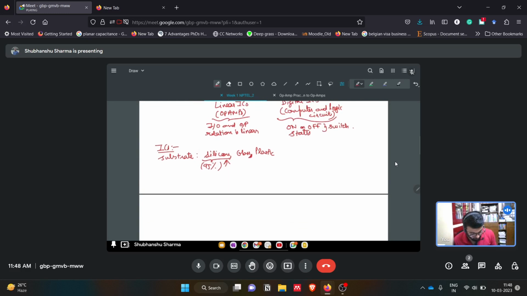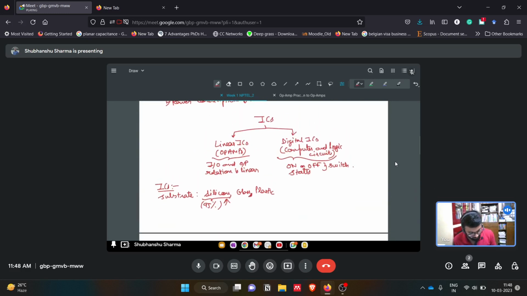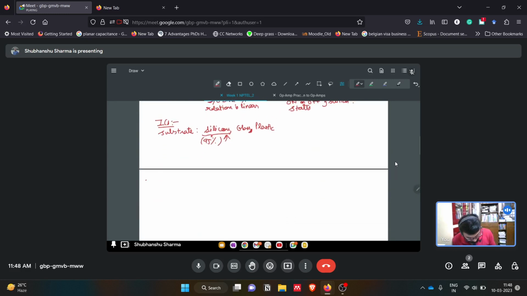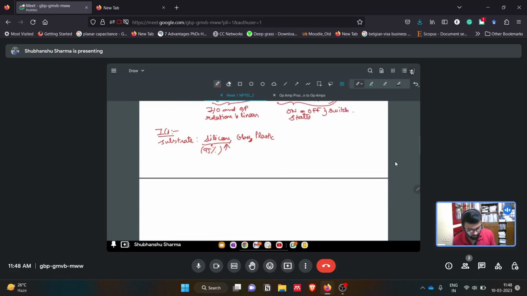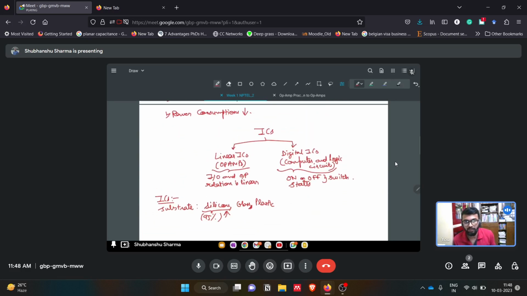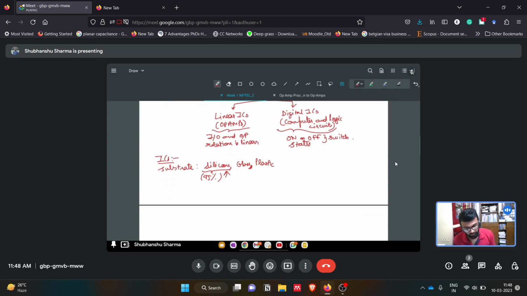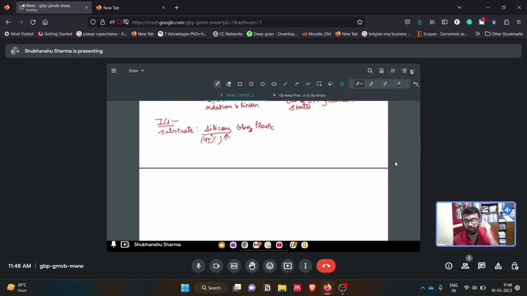Then since we talked about ICs, and based on ICs, using these ICs we can develop op amps. So now we'll talk about op amps. In this course we'll be talking about different applications of op amps. We'll be talking about simulations using op amps, and we'll also be looking into some practical implementations of these op